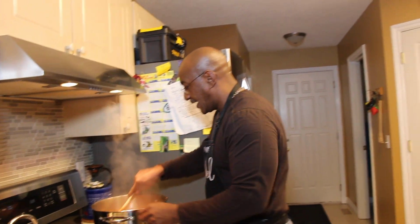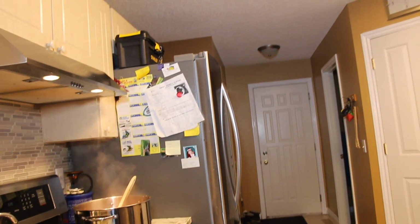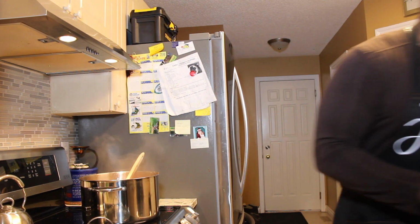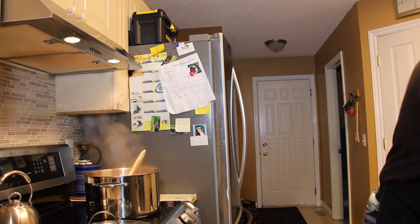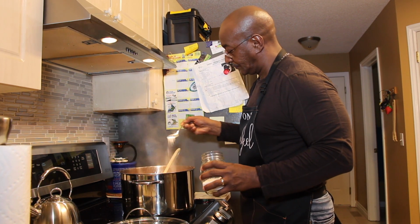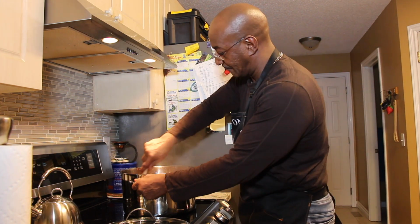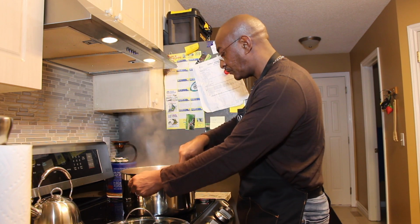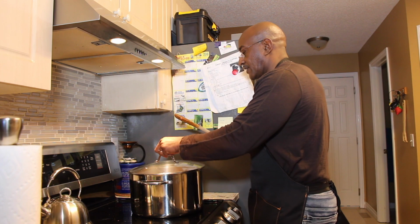And as well, I need to add some more salt. I said 1 tablespoon of salt. I need to add probably more. All right, let's add another 1 more tablespoon. I would add as I go. I don't want to overdo salt because too much salt is not good for you. Right. So I'm gonna let this simmer together for another 15-20 minutes, and I'm gonna test the salt and